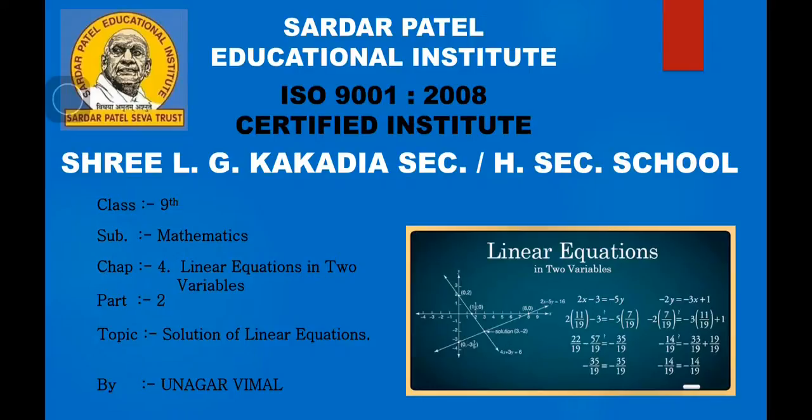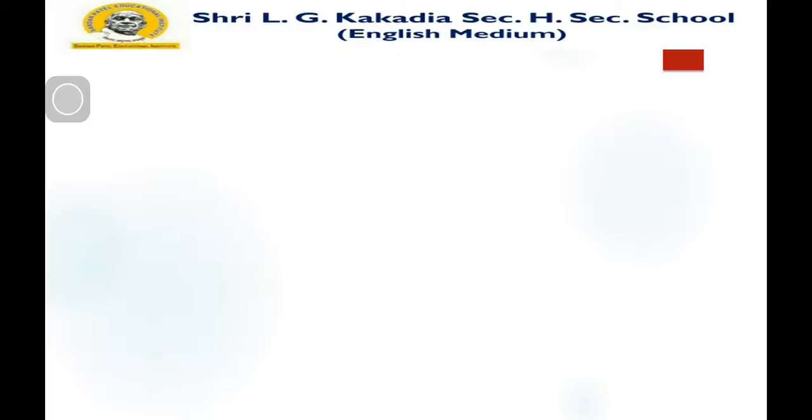We know that a linear equation is given in the form of equality, where the RHS and LHS are both equal. Now we take the values of x and y and put them in the equation, and if the RHS and LHS, the right hand side and left hand side, are equal, then we can say that the values of x and y are a solution of the given linear equation.